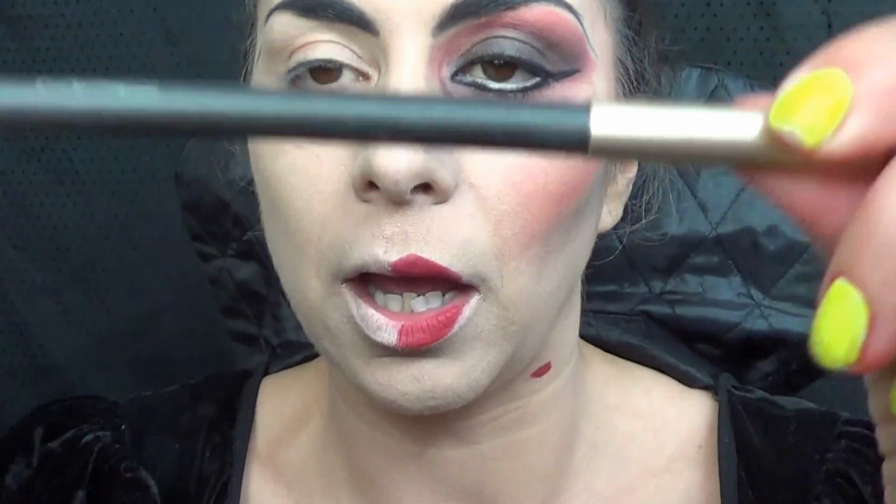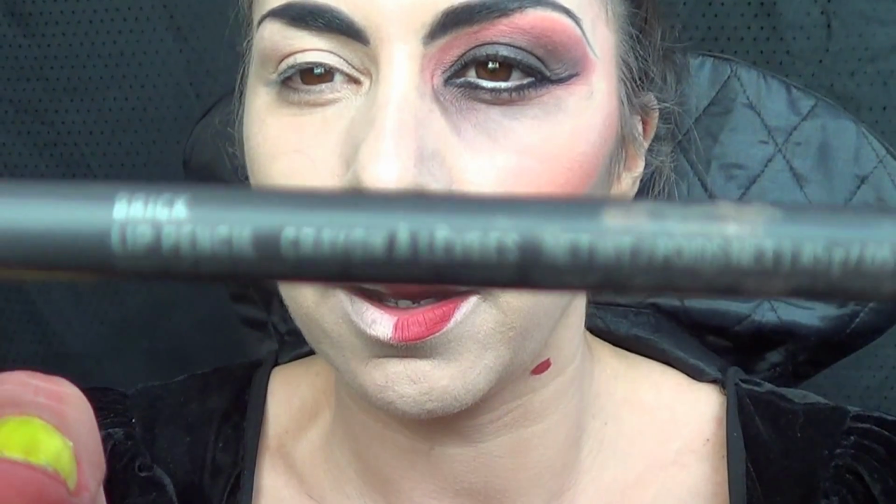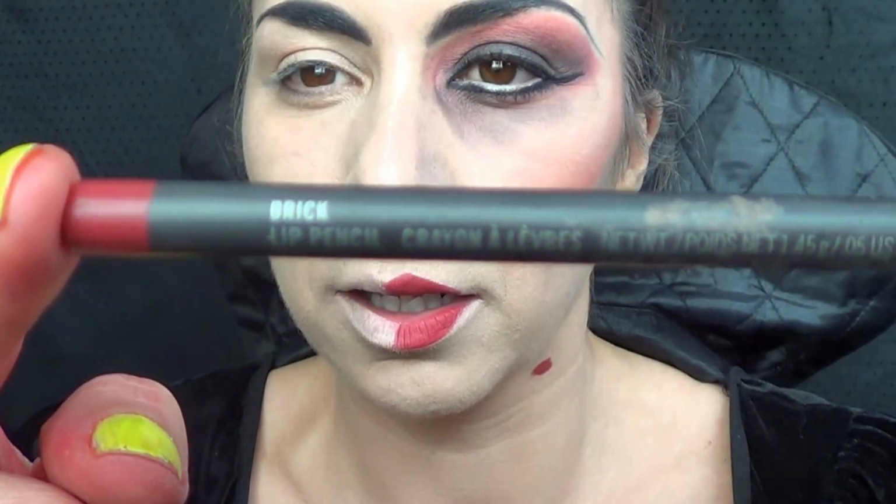Now, I'm going to work backwards today. I like working backwards sometimes. I am using a MAC Brick lip liner, okay? And I'm going to do a bee stung lip. You can do these in a point, or you could do it in a cupid's bow, but I think I'll start with the cupid's bow and then put a point on it. Okay, so from the outside, inside out, outside in,